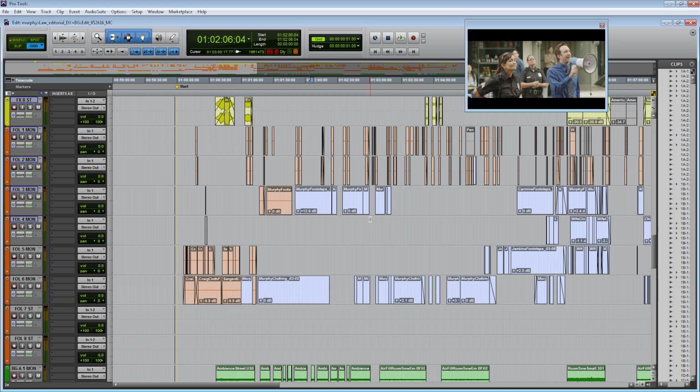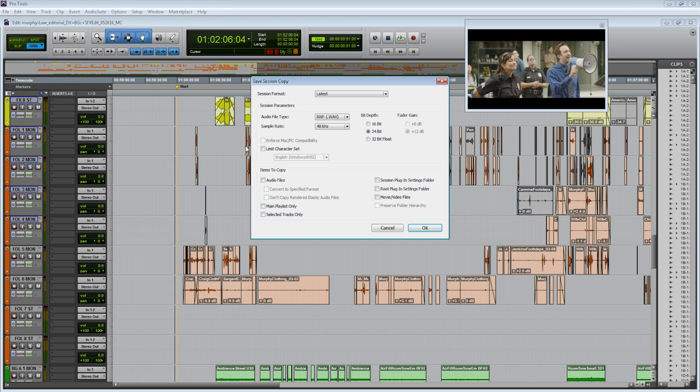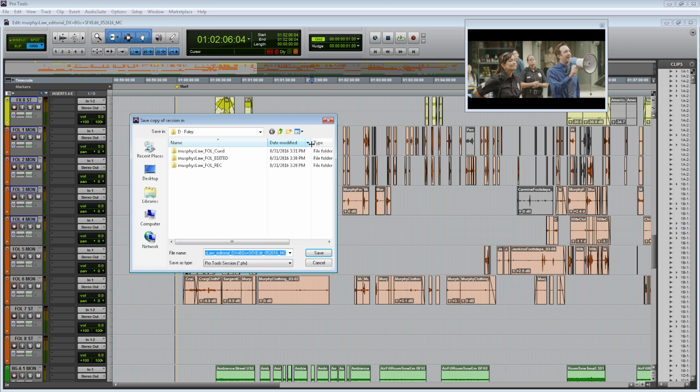Now you can see that it's pulling in my audio clips, finding them, analyzing them, and then putting them into my Super Session here. Now that all the Foley has imported and analyzed itself, the last step, of course, is to go File, Save Copy In, click on Audio Files, and we're going to save this new session within our editorial folder as Murphy Saw Editorial plus SFX, with the DX, background sound effects, and now Foley, 6, 18, 16, and we'll hit